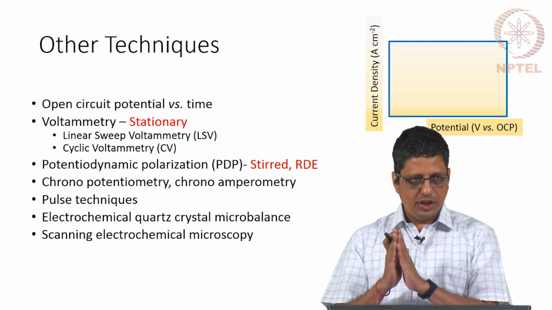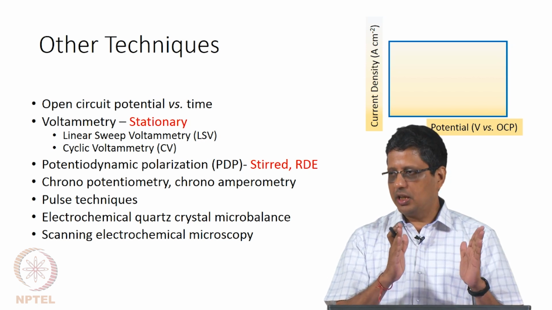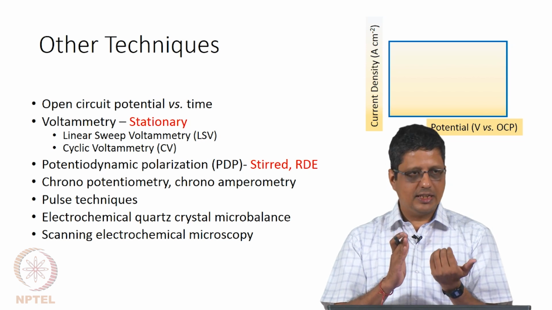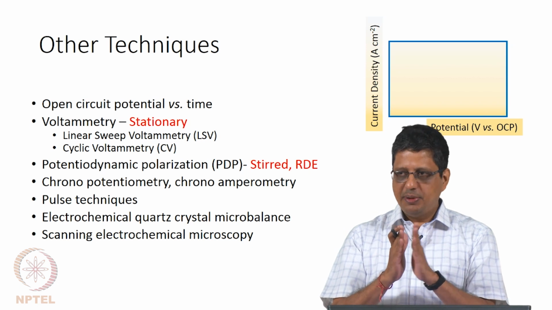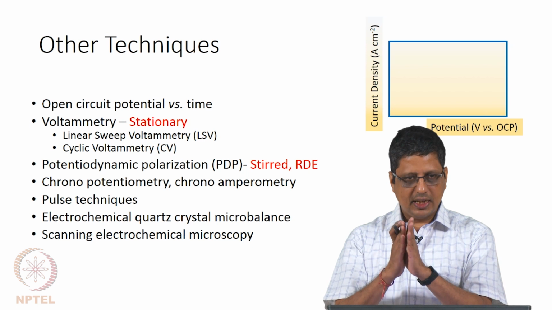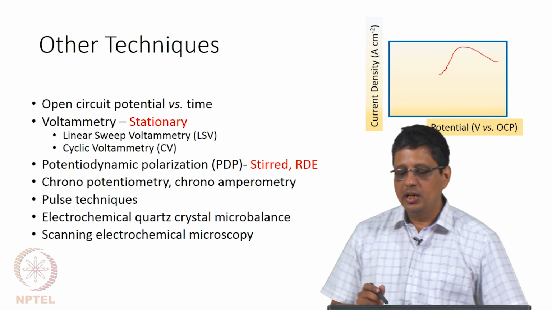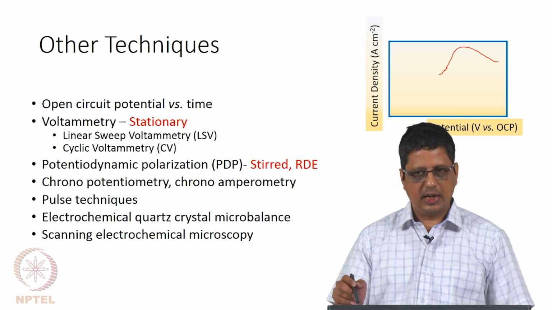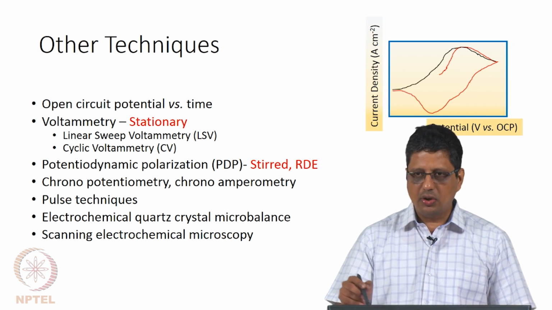That means when you change the voltage, let us say some reactant comes from the liquid and reacts with this, forms a product and goes out. When the potential becomes more and more, let us say one of the reactions, either forward or reverse reaction, is becoming more and more favorable, then species will come, react and form the product and go out, the concentration of the species at the interface will change. So in cyclic voltammetry, if you do that linear sweep or cyclic, the current would increase, and because it becomes diffusion limited, it becomes lower current. And then if you go in the reverse, it is going to come like this, it is again going to take a reverse after this.